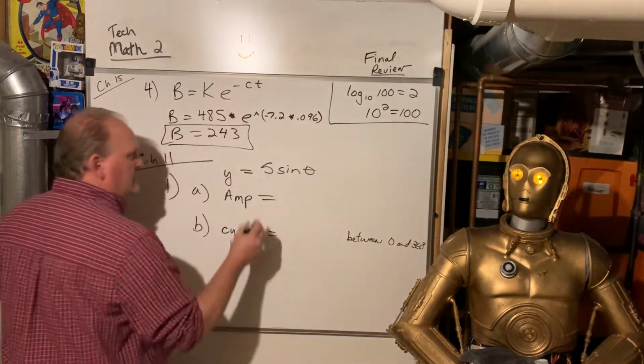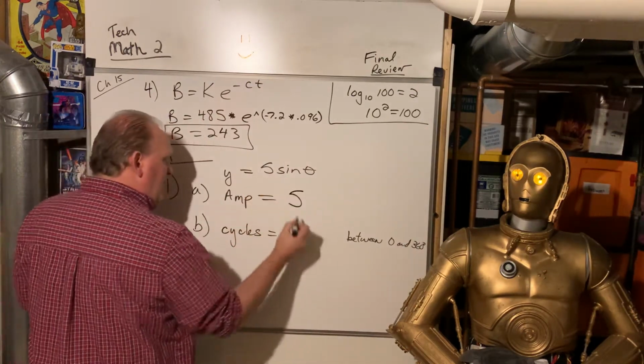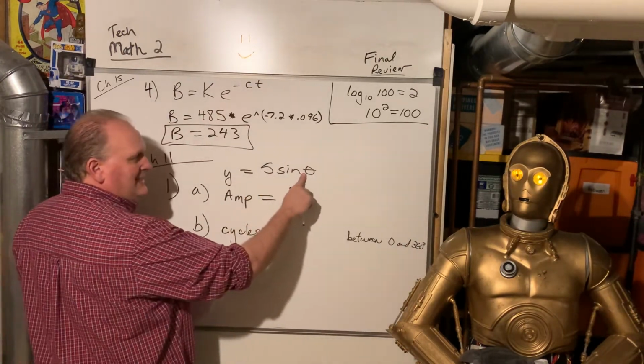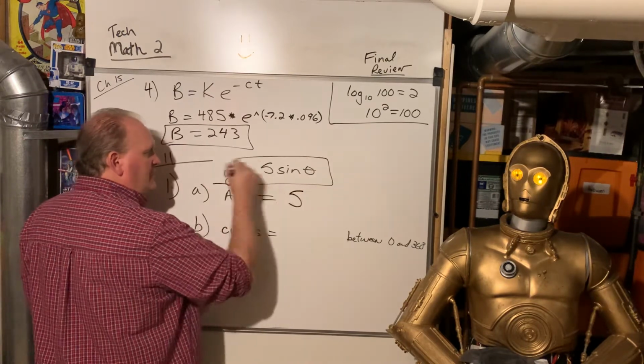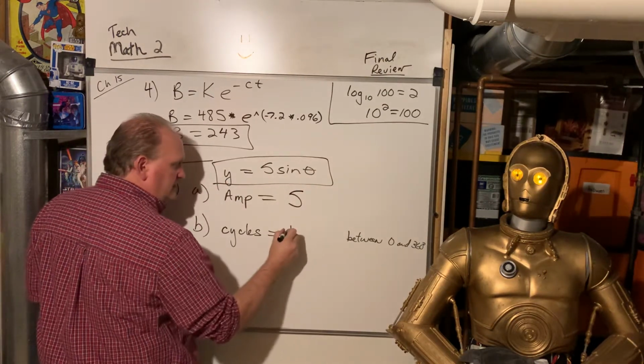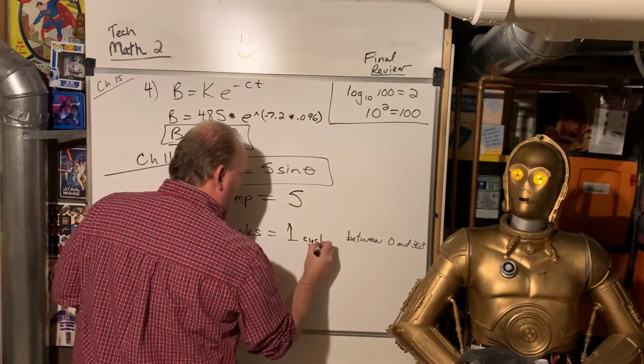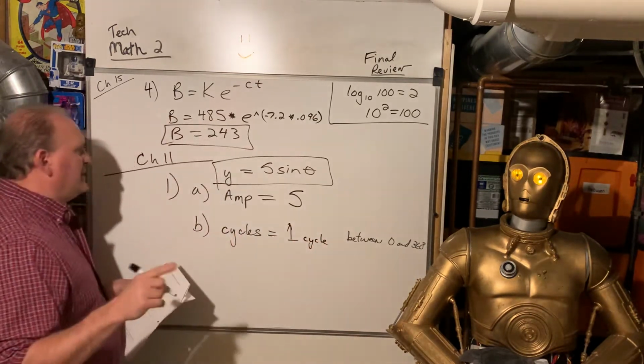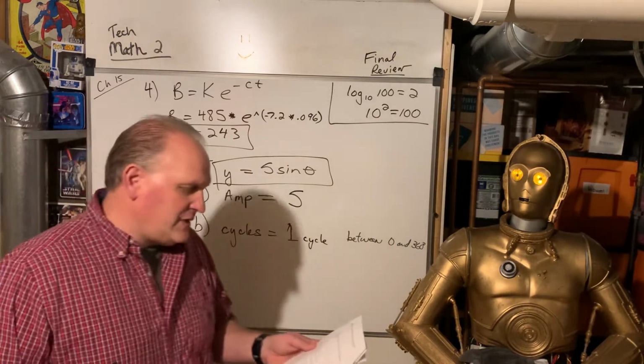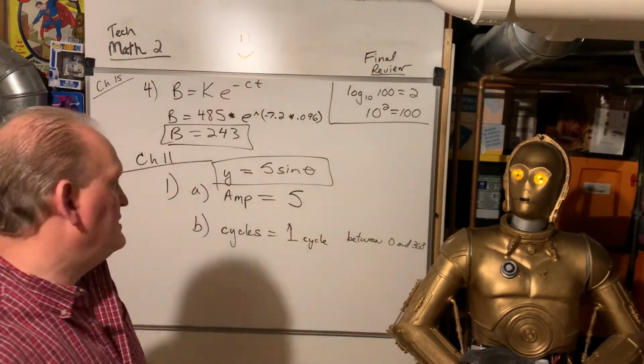So amplitude is the number in front, that's just 5. Cycles, since there's nothing in front of the theta, it's 1 cycle. So just 1 cycle happens there. Be careful, because on the chapter 11 test, as I recall, a lot of people got that wrong because they